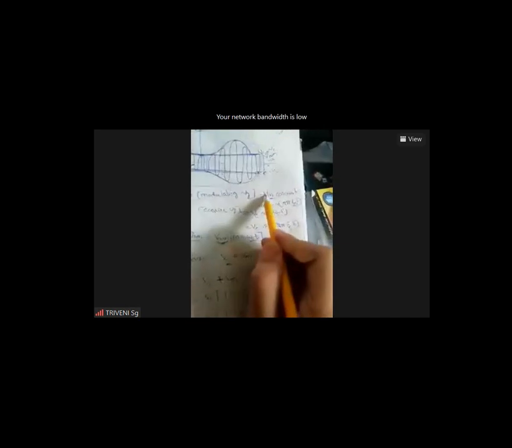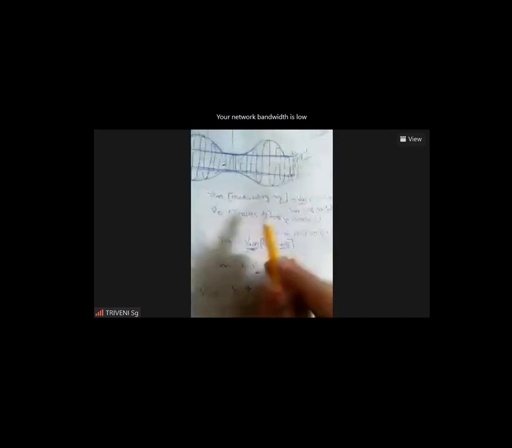So what all have we got here? The equation for the modulating signal is Vm cos omega mt, the equation for the carrier signal is Vc cos omega ct, and the equation for the modulated signal is Vam cos omega ct, and the value for the amplitude of the modulated signal Vam. What did we get? Vc of 1 plus m cos omega mt. Okay, now